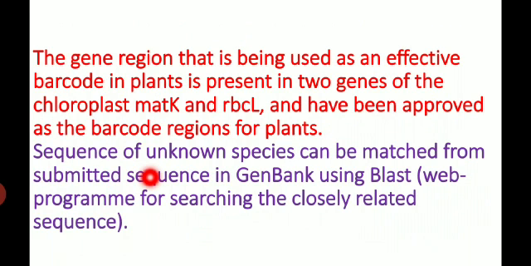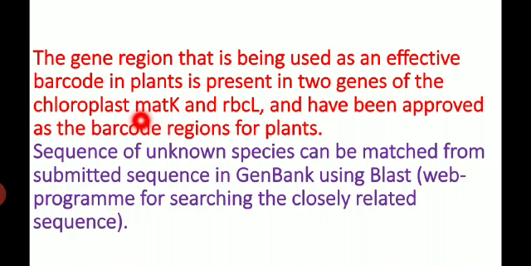Then, the two gene regions that are being used as effective barcodes in plants are present in two genes of the chloroplast. The first one is matK and rbcL. The matK means